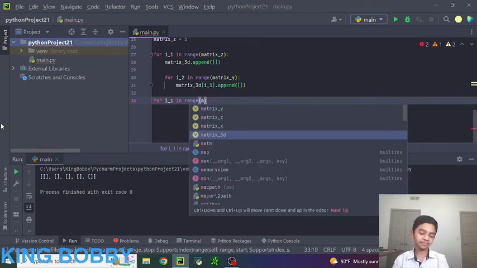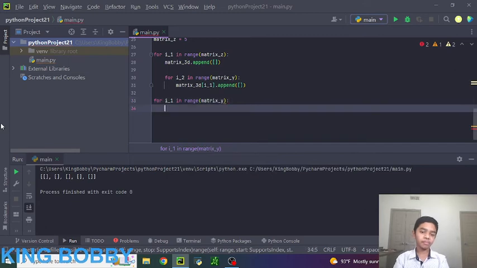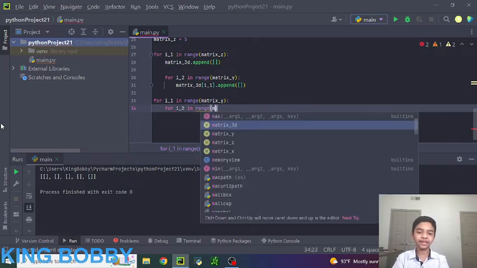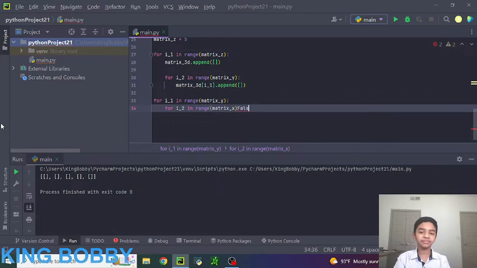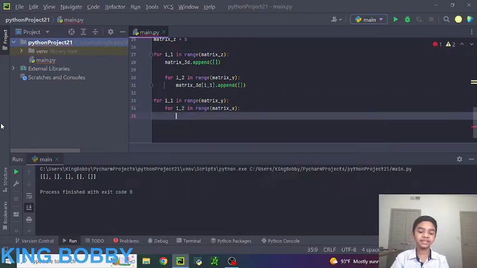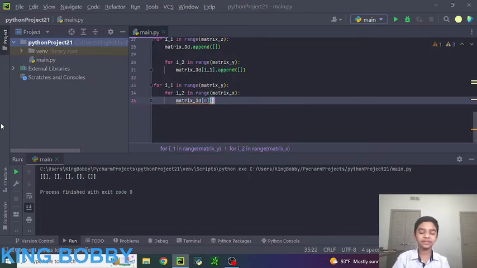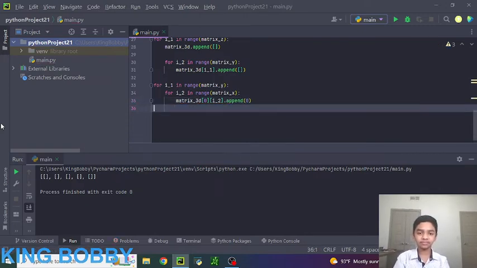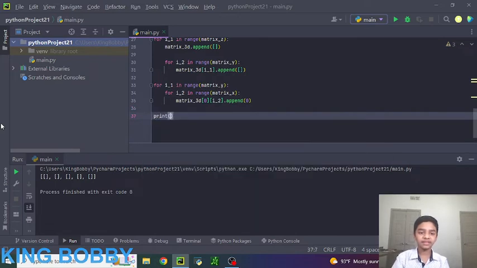Matrix y, for I2 in range matrix x, matrix 3D 0, or we can just do I2 0, then I2 dot append 0. Then if we print the matrix 3D,